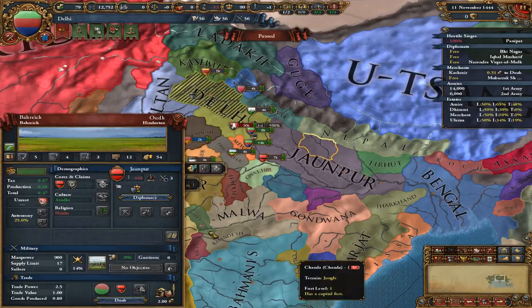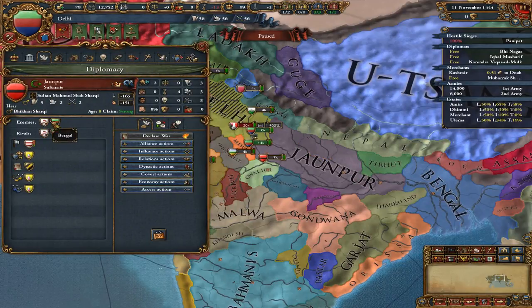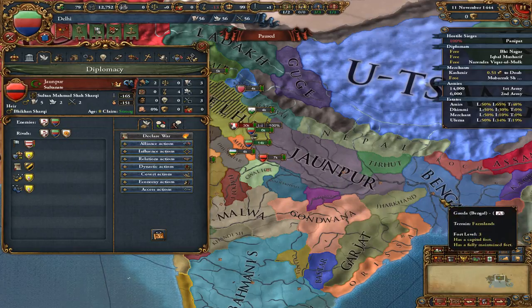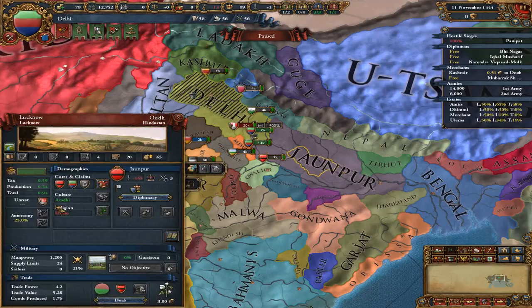We can click on Jampur and click on their flag, and it will show us who their enemies and rivals are. So Bengal has declared them as a rival. We have declared them as a rival. So Bengal is one of our natural friends. And we could see when we click on any nation in the world,